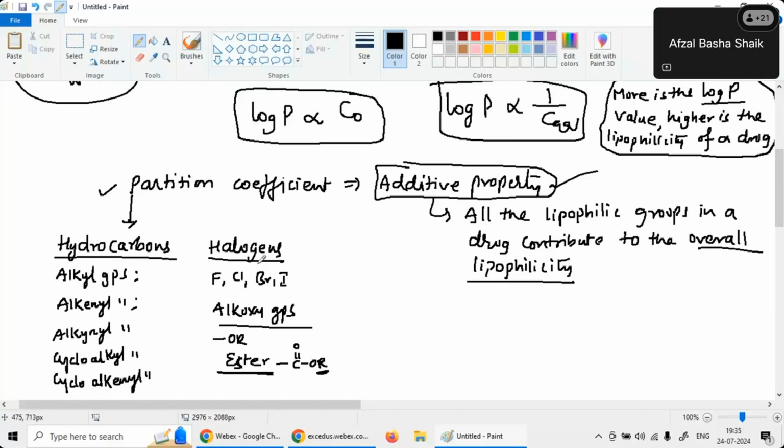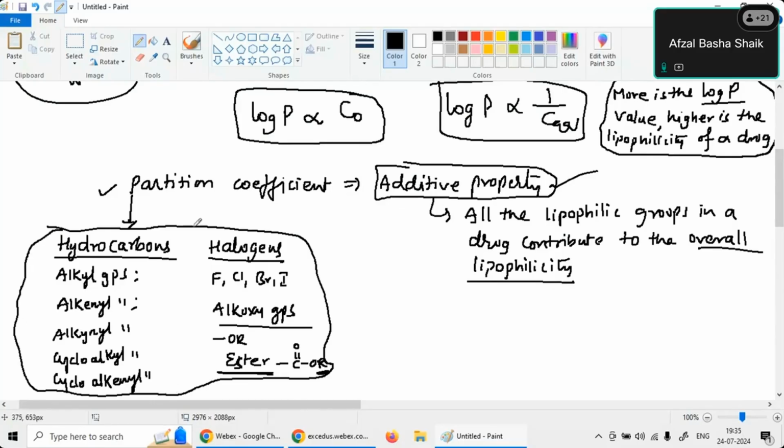And what are the other groups? So these are the important groups which will contribute. All these groups will increase the partition coefficient. On the other hand,